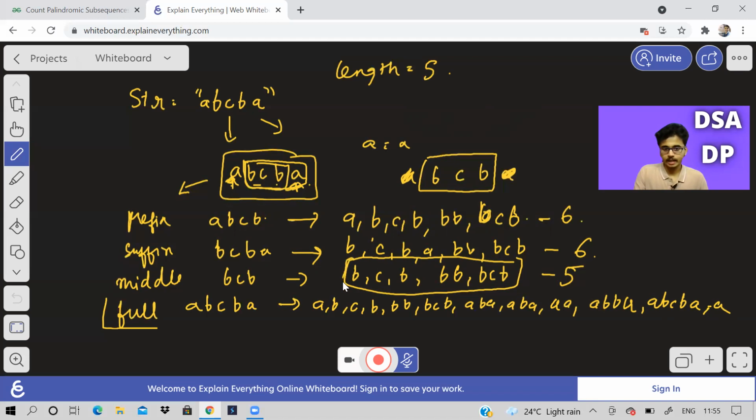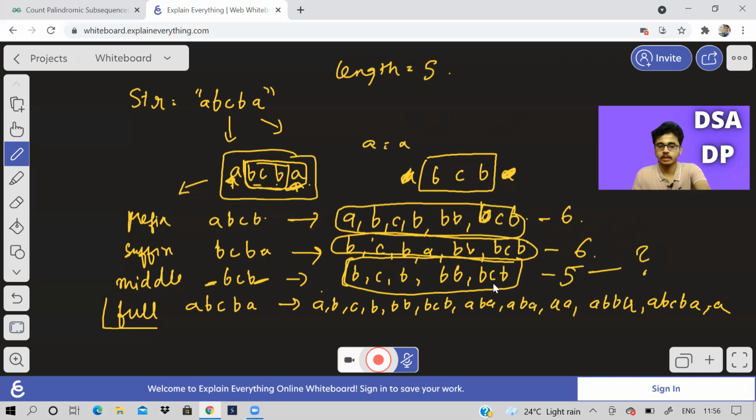So you can see that the palindromic subsequences of the middle part, if we exclude the first and last character, will be repeating. So we don't have to consider all of that, because we will be taking it 2 times. So how do we formulate the answer now? We can find the number of palindromic subsequences of the prefix and we can do the suffix also. But what about this middle part? How do we get the answer for that?